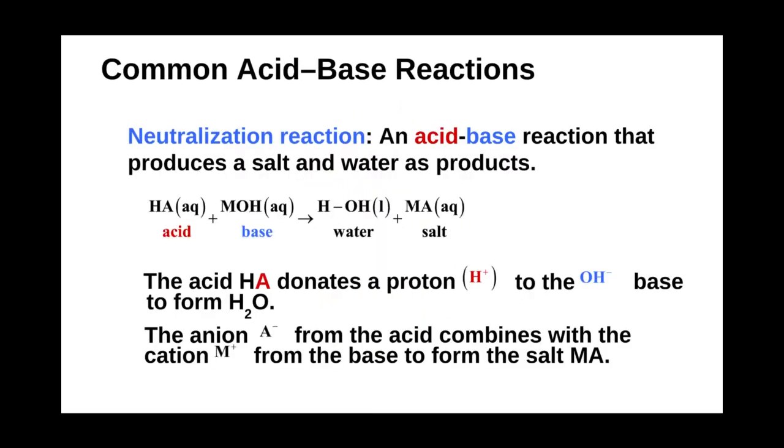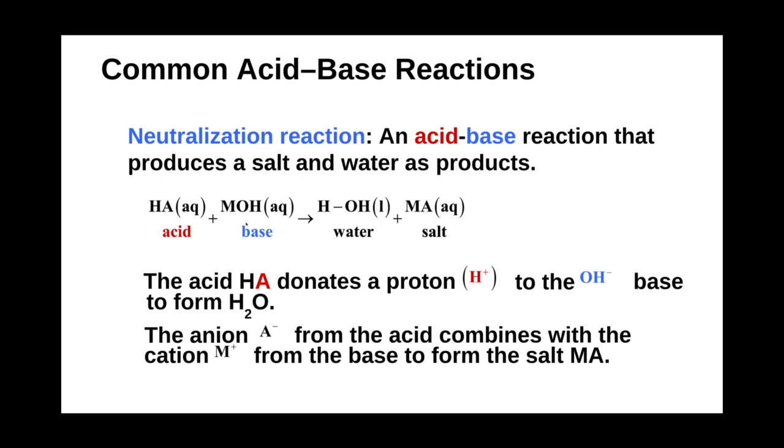All right, so that's how we calculate pH. That's the pH scale. That's what an acid and base is. Now let's look at some more in-depth acid-base reactions. This one will be familiar. It's what we call a neutralization reaction, when an acid and base produce a salt and water as products. Conceptually, we have an acid, HA, reacting with a base, MOH, where M is a metal, like sodium. This produces water and the salt, MA.